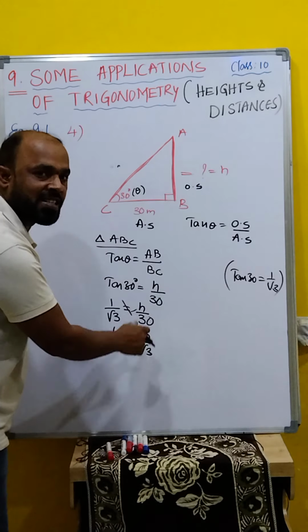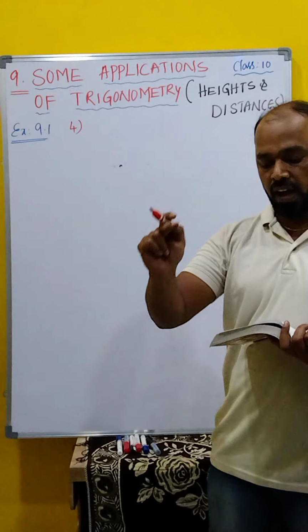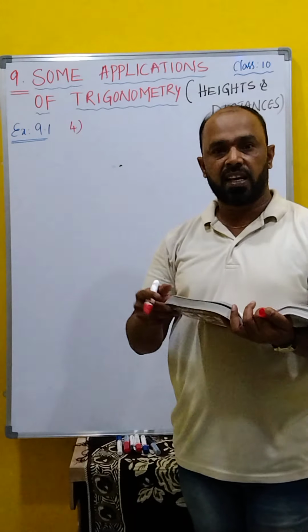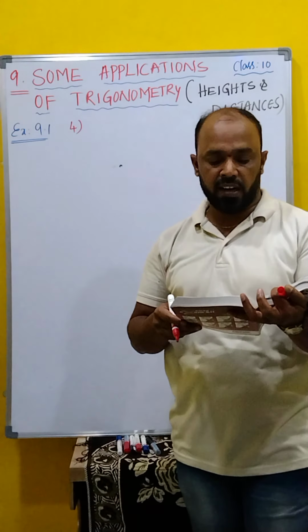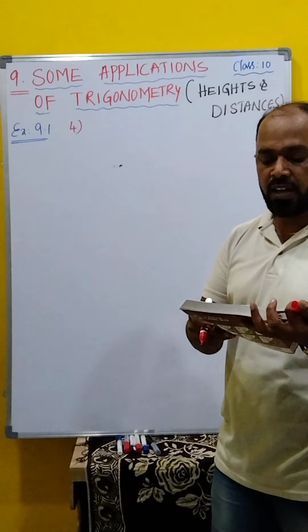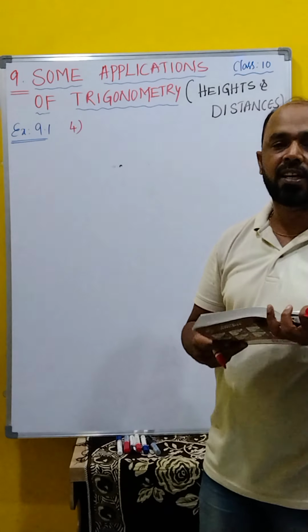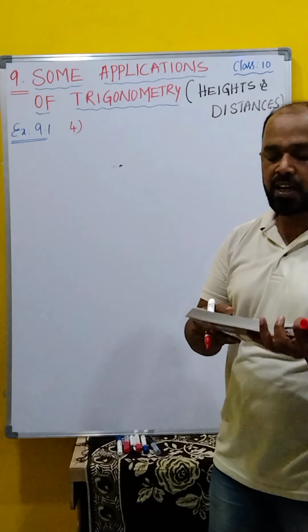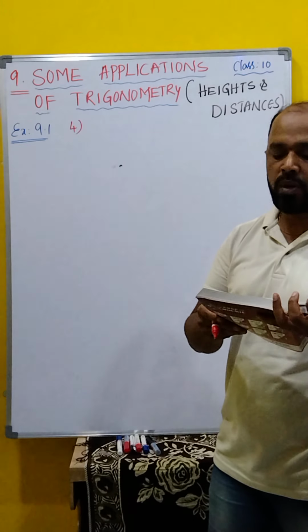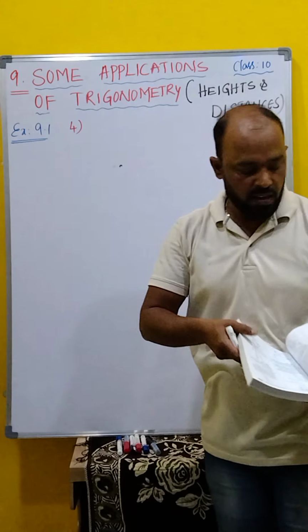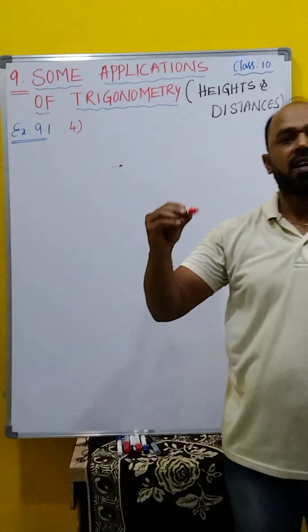Students, now we'll go for question number 5. I'll read the question. The kite is flying at a height of 60 meters above the ground. The string attached, string is nothing but a thread, okay? The string attached to the kite is temporarily tied to a point on the ground. The inclination of the string with the ground is 60 degrees. That means angle of elevation is given, 60 degrees. Find the length of the string, assuming that there is no slack in the string, means it is like a straight line. We have to find the length of the thread or string.